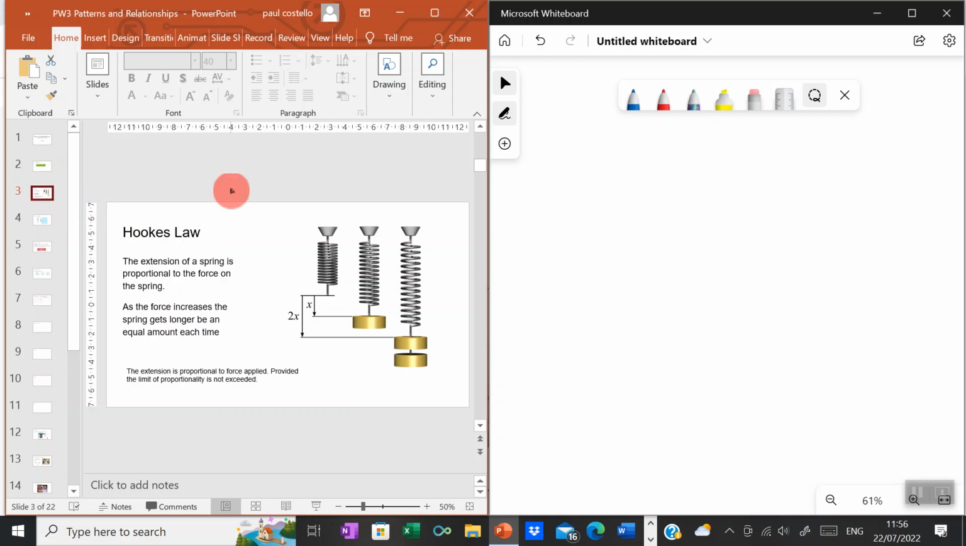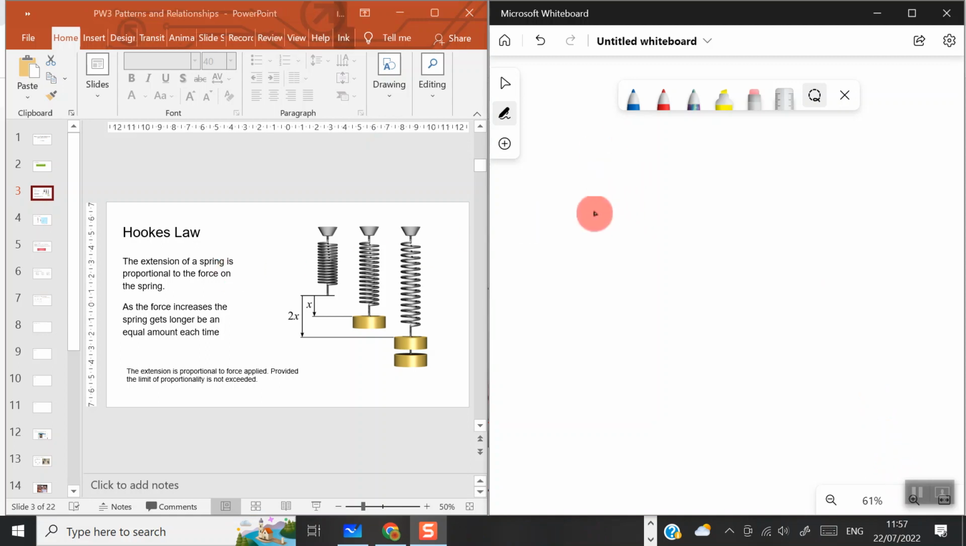So the first idea that we're going to look at here is what's known as Hooke's law. Hooke's law basically is, if you take a spring, and you add a weight, for example, or add a force to the spring, that spring is going to extend. So if you take a spring and add a force,